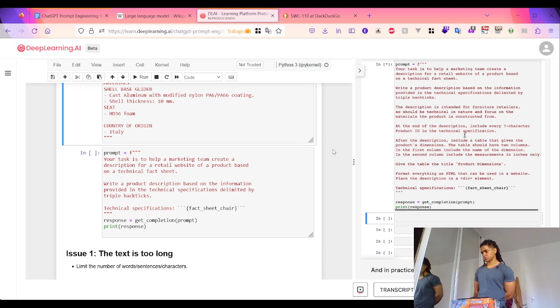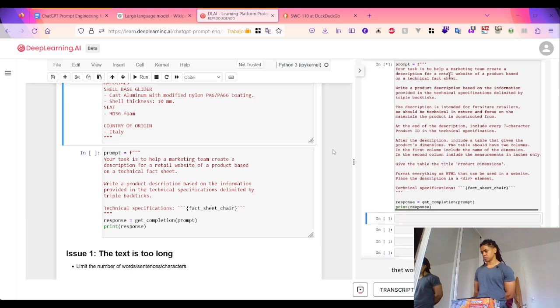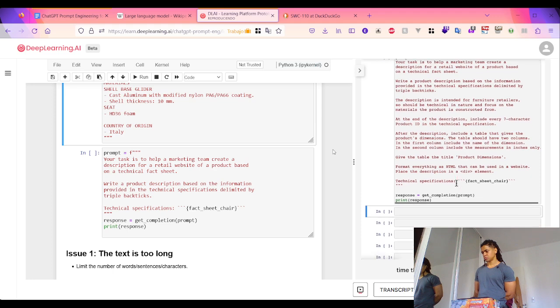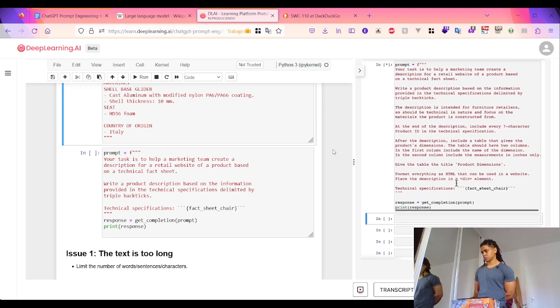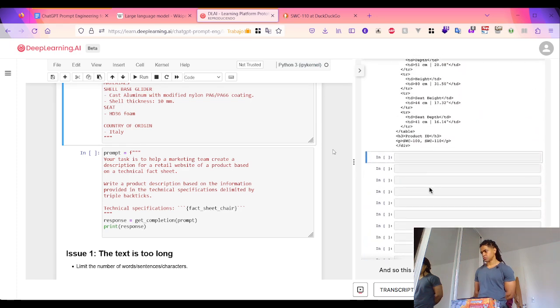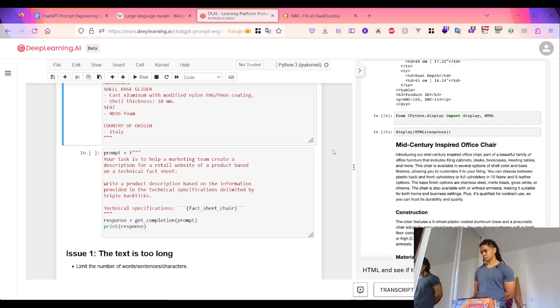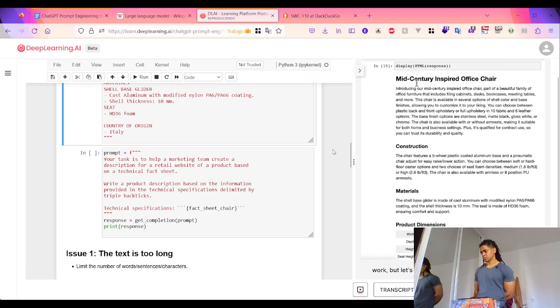And in practice, you would end up with a prompt like this really only after multiple iterations. I don't think I know anyone that would write this exact prompt the first time they were trying to get the system to process a fact sheet. And so this actually outputs a bunch of HTML. Let's display the HTML to see if this is even valid HTML and see if this works. And I don't actually know if it's going to work, but let's see. Oh, cool. All right, looks like it rendered. So it has this really nice looking description of a chair,